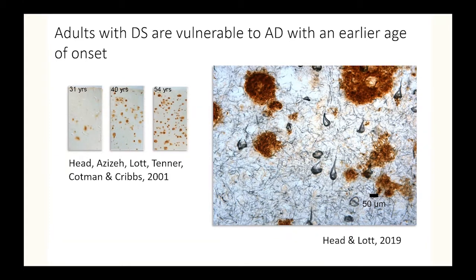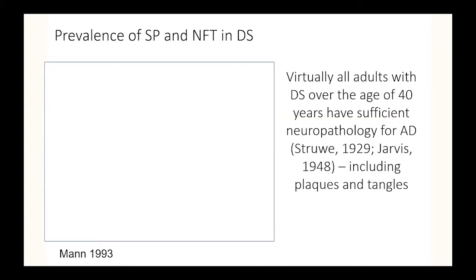And not surprisingly, the tangles start to follow suit, although clearly the tangles come after the plaques, until by the age of 40, here's a standard image of the type of pathology we see in 40-year-old brains and older, of significant tangles and plaques. So the useful thing about people with Down syndrome and studying their brains and thinking about AD pathogenesis is we can get a really good handle on temporal events.